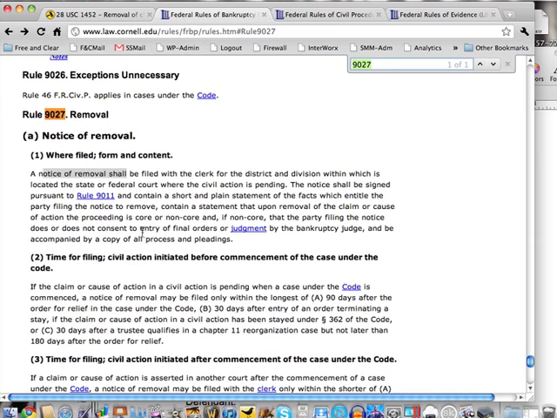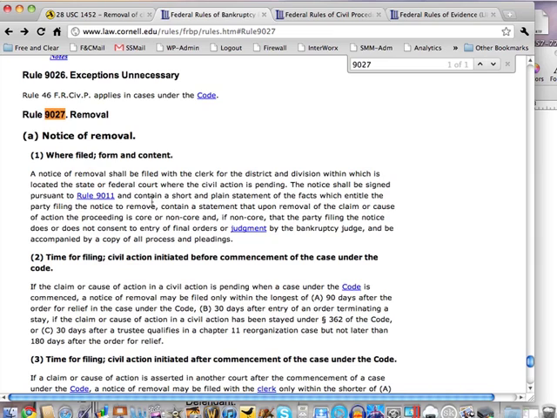They also quote Federal Bankruptcy Code rule number 9027, which is notice of removal. You can remove the action into bankruptcy court. Any party can do it. You can move it into bankruptcy court, so that's fine. The other thing about bankruptcy court is the federal rules of civil procedure apply, and the federal rules of evidence apply. So they are in the right of moving the action from circuit court into